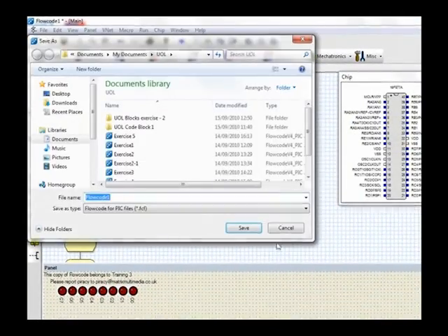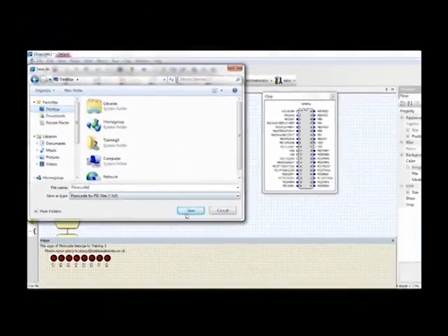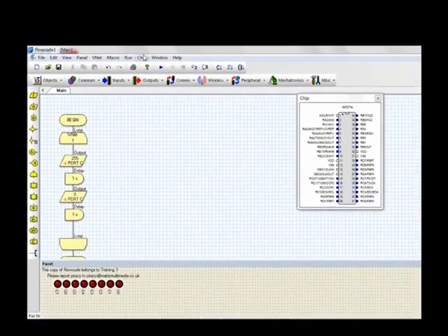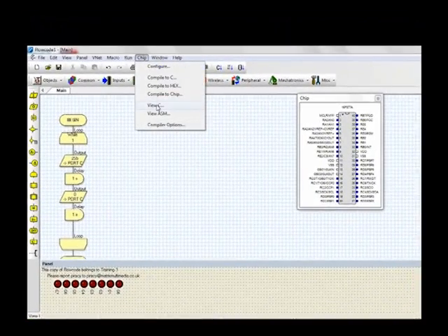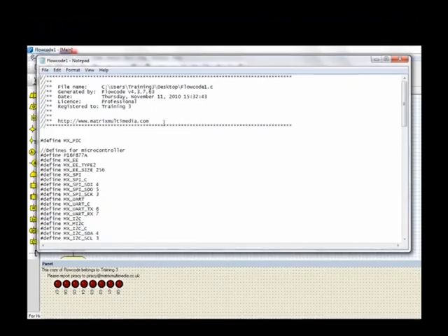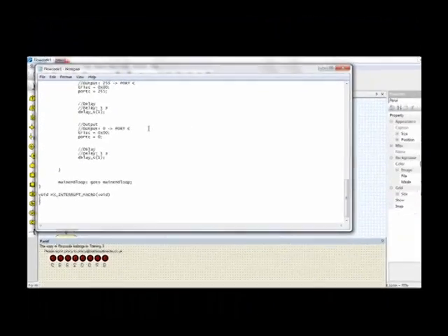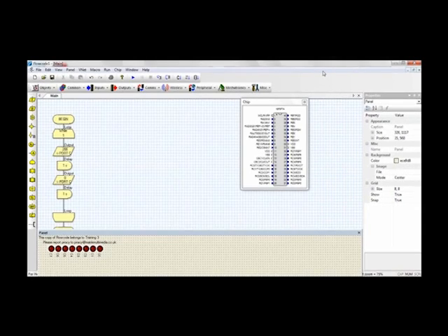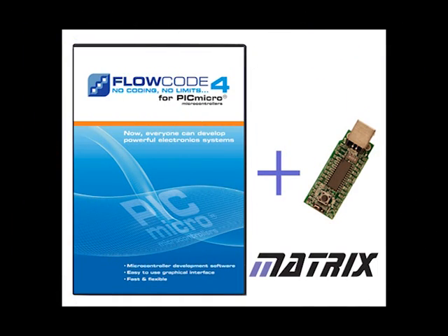Flowcode will ask you if you want to save it to give you a nice little reminder, and once your flowchart is saved you can either one-touch download via USB, but what I want to show you is the C code that Flowcode generates as it transforms the program from flowchart into C and into assembly and produces the hex file. So in under 2 minutes we have created an error-free program that shows you the C code and was